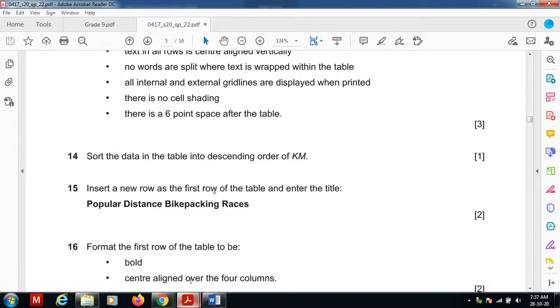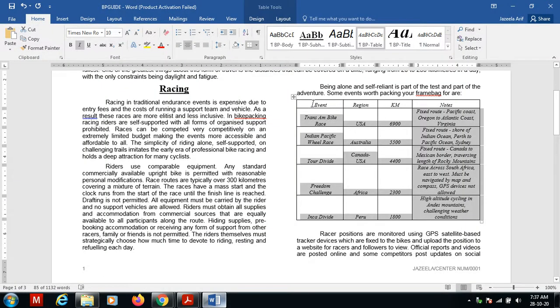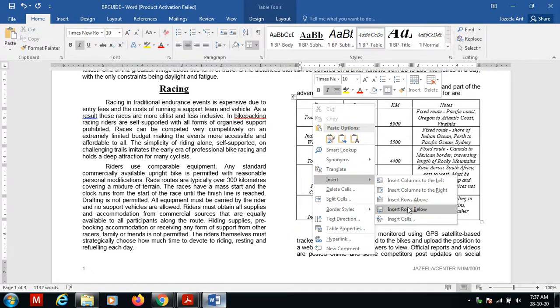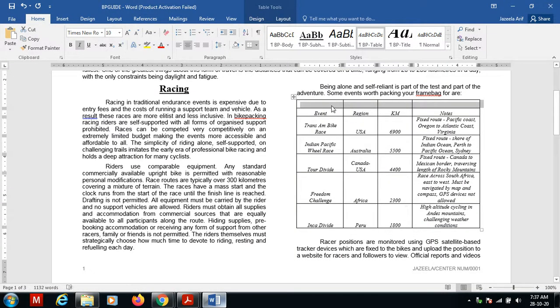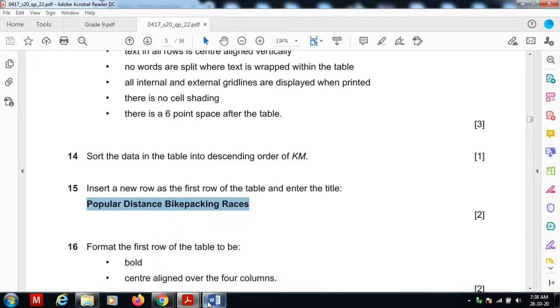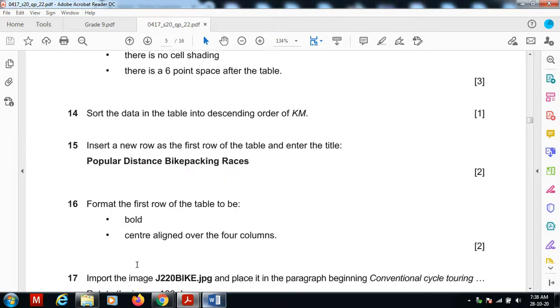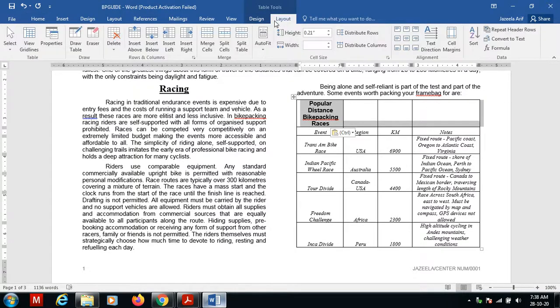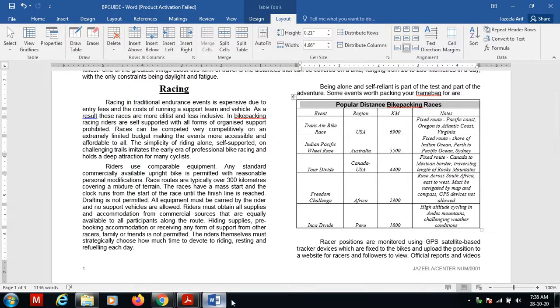insert a new row as the first row of the table and enter the title popular distance. So we have to insert a new row and that must be the first row. So right click, insert, insert row above, and a title must be given. So the title is given now. And format the first row of the table so that it is bold, center aligned over the four columns. So it is already bold. Now center aligned over the four columns means we have to go for merging. So merge